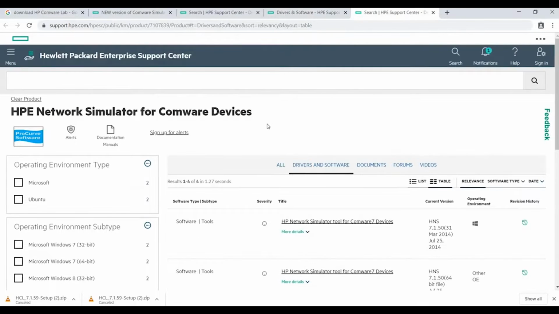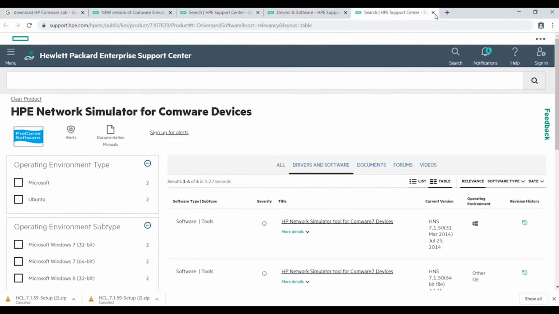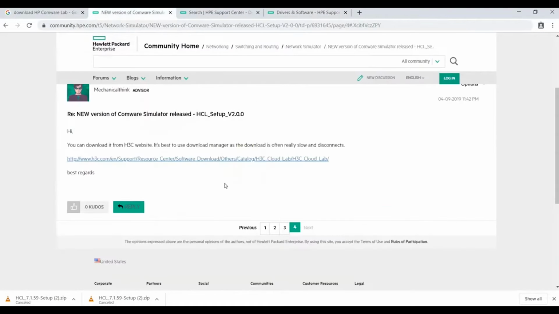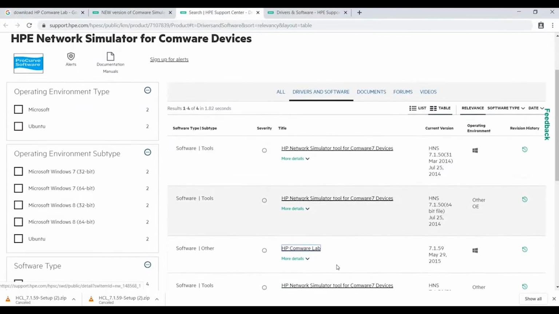So yeah, this is the same page as this one. So I'm gonna close this. So this is the link where you can again download the newest version. I'm probably gonna make a video about this in the future, but for now I'm just gonna show you the version that is working, at least for me. So once you have downloaded the software,